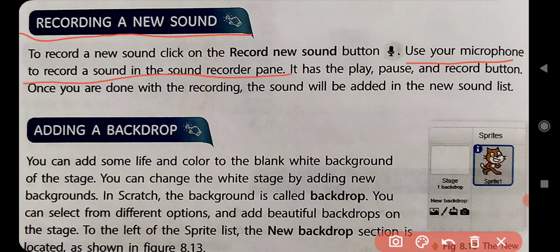With the help of the microphone, you can record a sound in the sound recorder pane.